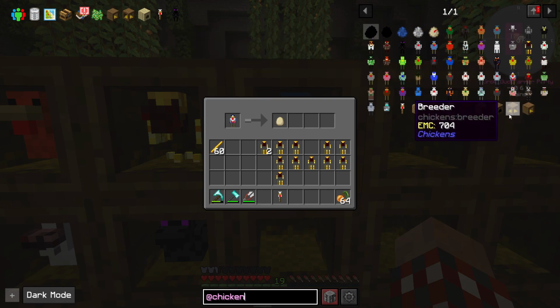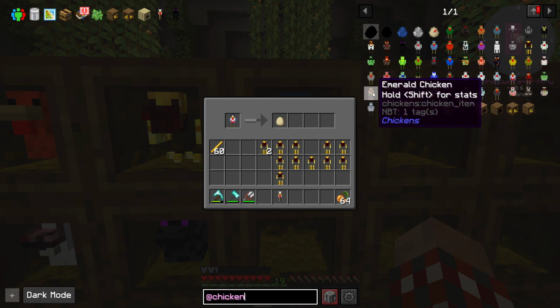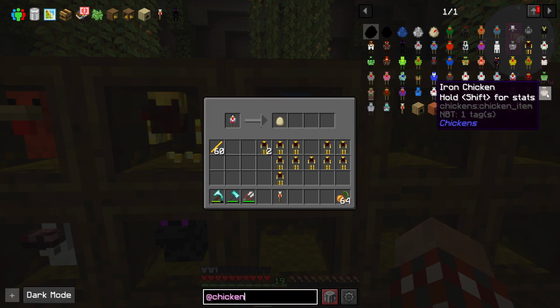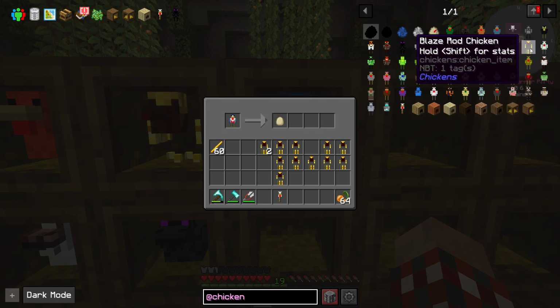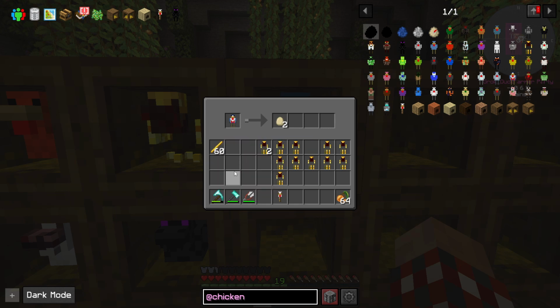What I'm going to do is between episodes, because it takes a while, I'm going to look at what I need to do as far as breeding up pretty much all the chickens. You know, an emerald chicken, diamond I've got, clay I don't have, but just getting them all. Having a blaze rod chicken is super, super nice